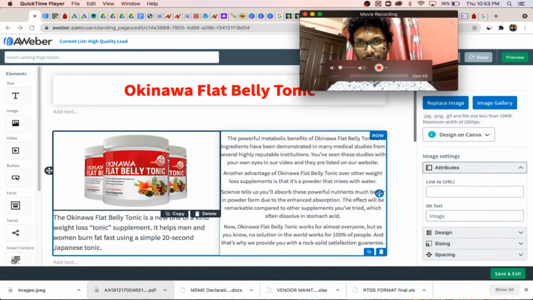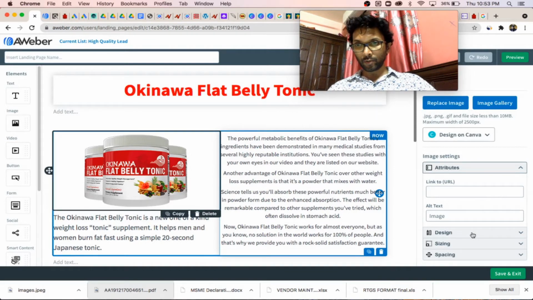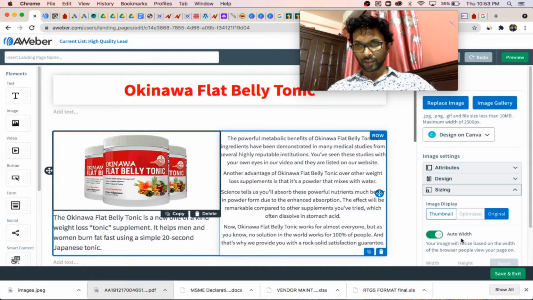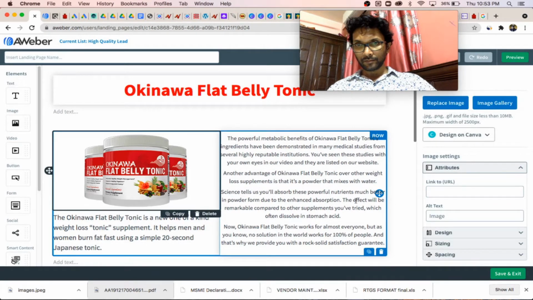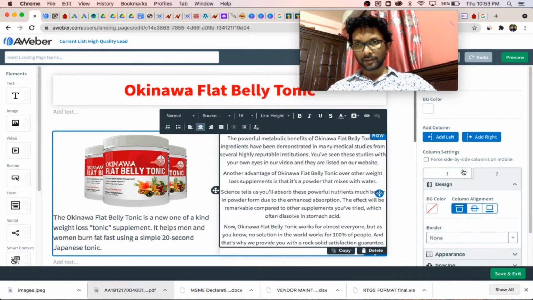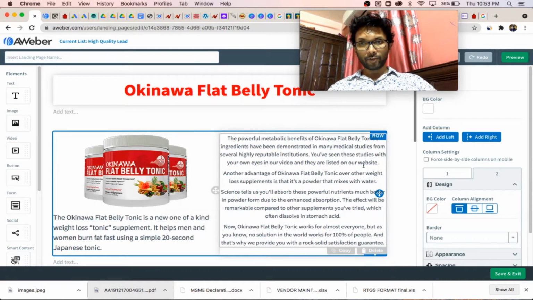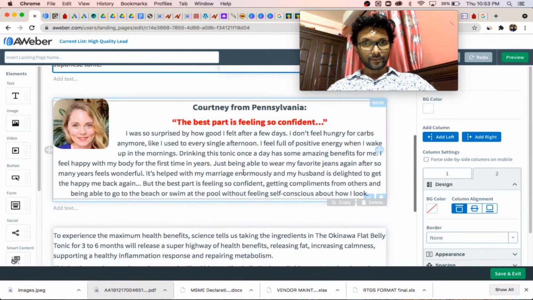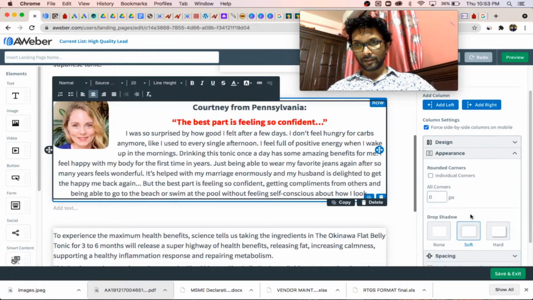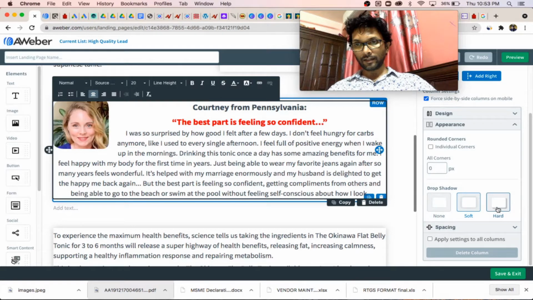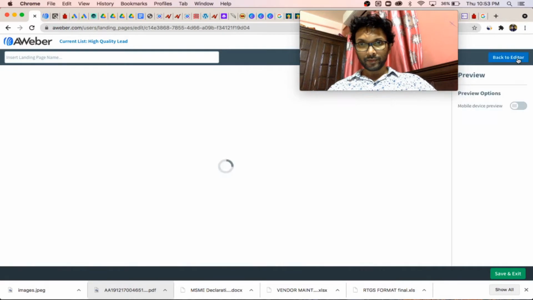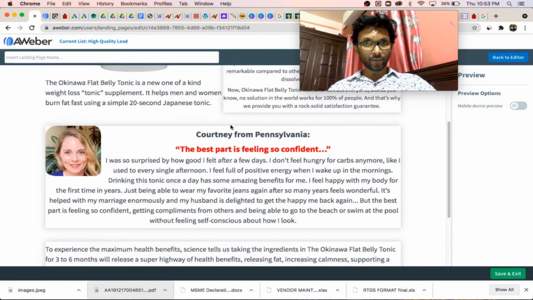Here I am showing you a little bit. I will not go into detail on the landing page portion. Here it is 1 and 2, and if you want, you can create like 4 sections, 5 sections. You can do like that. And you can do like none, soft and hard. This kind of appearance you can also create. I'm showing you. You can see that this kind of shadow is coming, and that looks very professional.